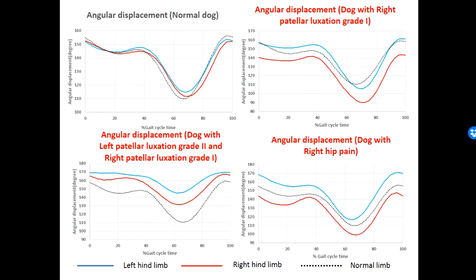This dog has right patellar luxation grade 1. The red line, which is the abnormal limb, is more deviated than the blue one. And this dog has bilateral patellar luxation. The left stifle is the blue one, with patellar luxation grade 2, and is more deviated from the average line than the red one, which is patellar luxation grade 1. And the last dog, we found no lesion in both stifles, but from an orthopedic exam, the dog